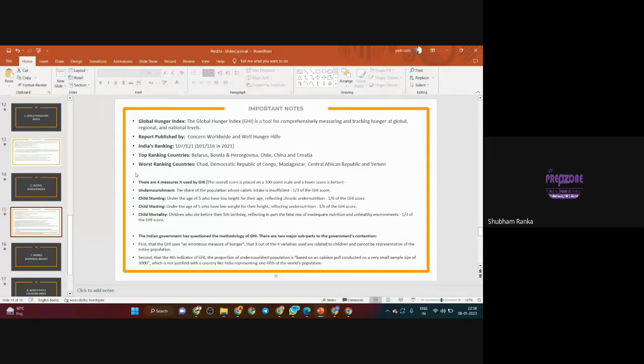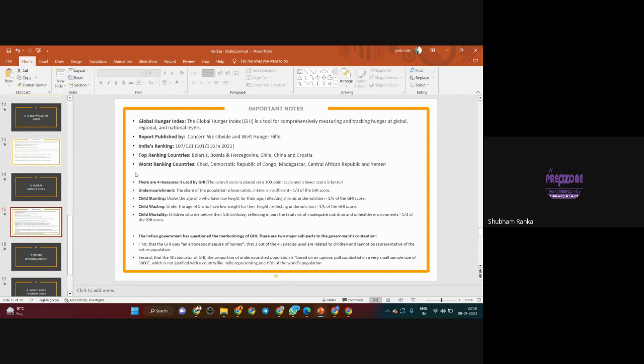Second is child stunting, children under the age of 5 who have low height for their age, reflecting chronic undernutrition. So problems like child stunting are very prevalent in these African countries. Third is child wasting, children under the age of 5 who have low weight for their height, reflecting undernutrition. Again, very important for these countries, because undernutrition is very high there, as weight is very low in these countries. And last is child mortality, children who die before their 5th birthday, reflecting on the fatal mix of